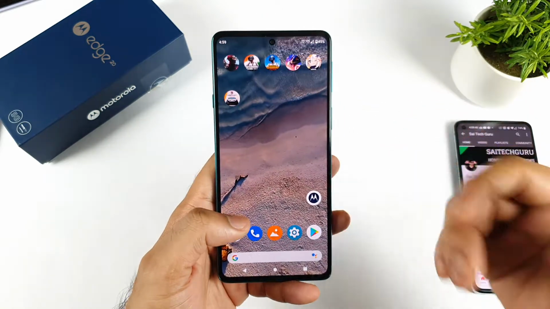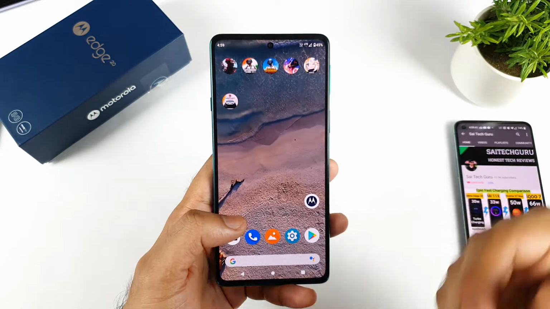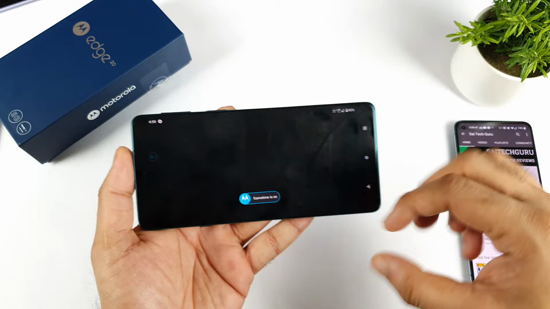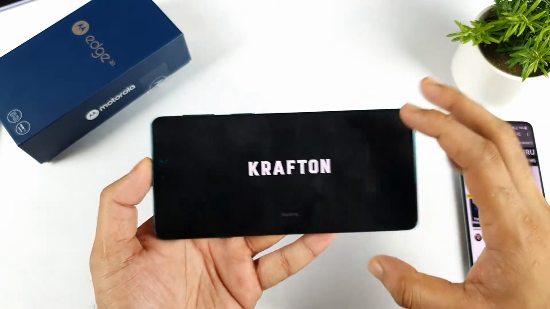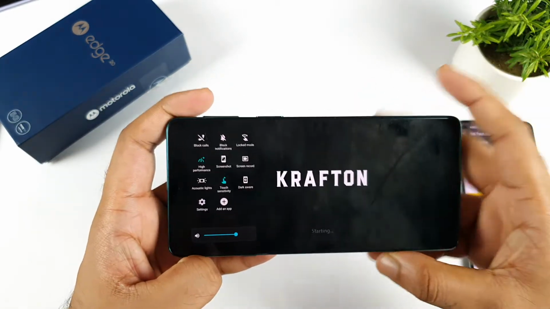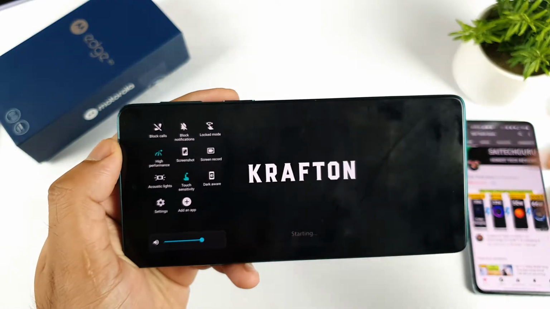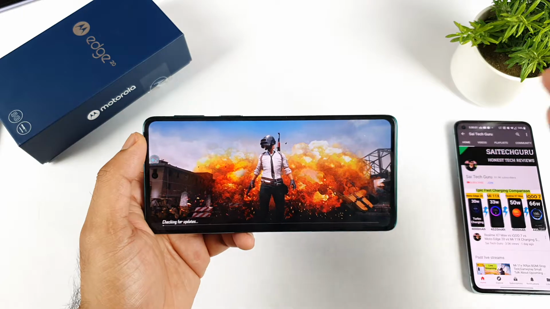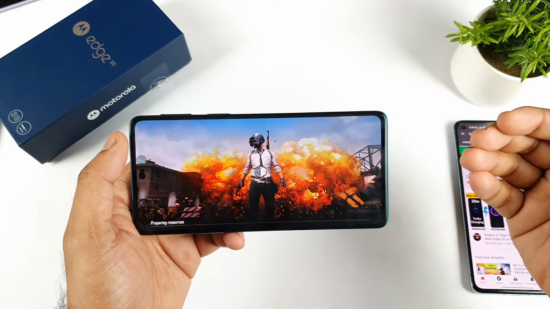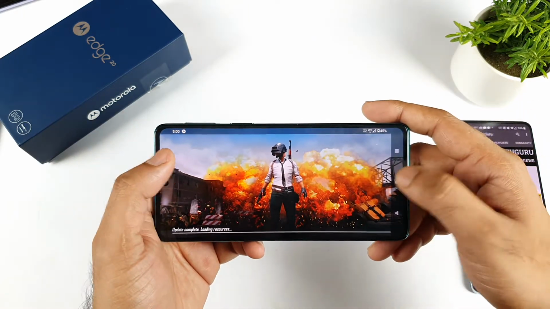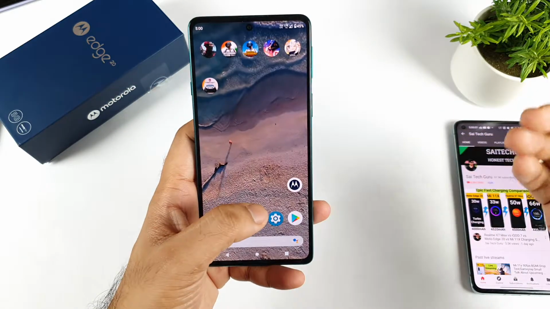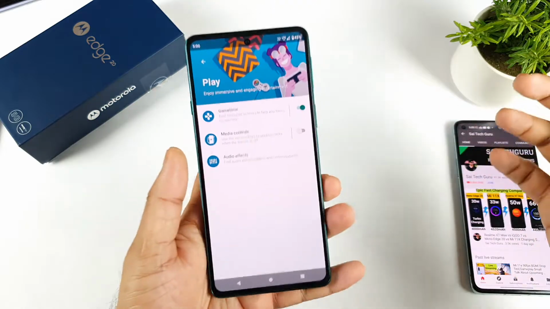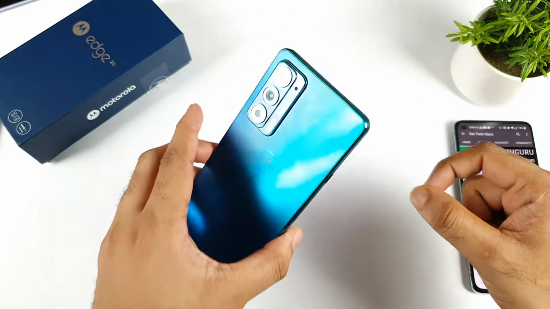So what is Game Time? Game Time is another game booster type of enhanced option that you have in this Moto Edge 20. For example, when you open any kind of game, we have this kind of shortcut where you can select a few specific tasks to do. This is not the first time it has been implemented. There are a lot of other UIs with different kinds of game turbo enhancement features. For example, in MIUI they have Game Turbo, in Realme UI they have Game Space, and in the OnePlus phone there is Game Center. Similarly, we have Game Time in the Moto Edge 20 device.